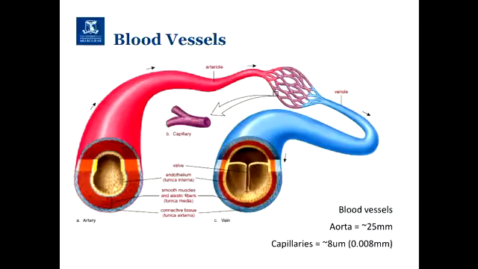I put this in here because I was looking through what I'm going to talk about in some of the other ones, and I realised I didn't really explain the anatomy of a blood vessel. So just quickly, the blood vessel has a number of different parts, and these will make sense when I go through some of the other bits. The main bits, you have the innermost layer of the blood vessel. That's your endothelial layer, which is made up of endothelial cells. That is the bit that the blood sees. It's a thin layer of cells lining it.